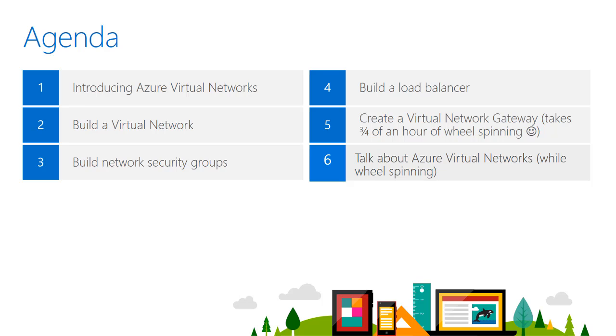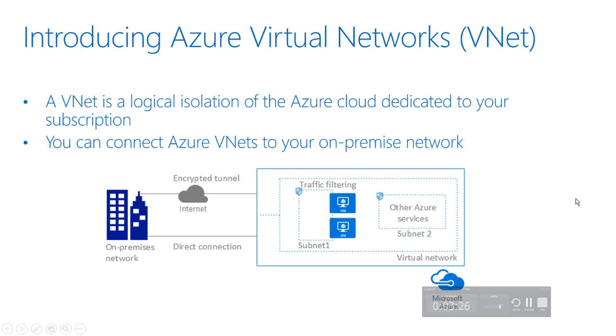In step number 5, once we finish doing that, it takes anywhere from half an hour to 3/4 of an hour to actually create the virtual network gateway. So what I'm doing here is recording what I previously presented. As soon as I click the create or the OK button at this point, I can just pause the recording, wait for it to finish, and then you'll see the end result of it. You won't have to sit there and watch that wheel spinning for 3/4 of an hour like we did in the live presentation. So let's talk about what Azure Virtual Networks, or VNets, are all about.